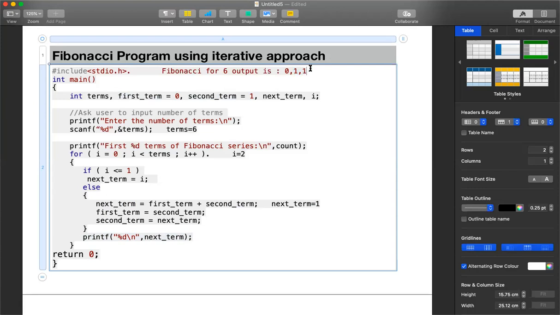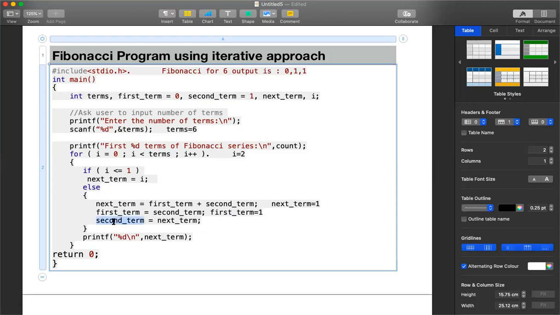Now we have to change the first term and second term. You're getting it, right? Now what should be the first term? The first term should be the second term. So what is first term now? Let us see. What was the actual first term value? The first term value was 0. Now that has been changed from first term to second term. So now the value of first term becomes the value of second term. What was the actual value of second term? Actually it was 1. So we made this number the first term. Now first term is equal to 1.